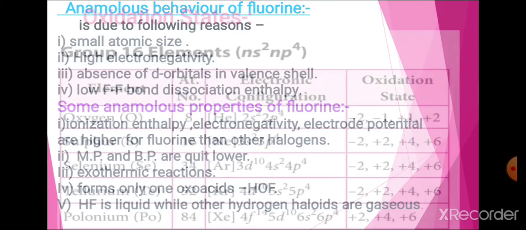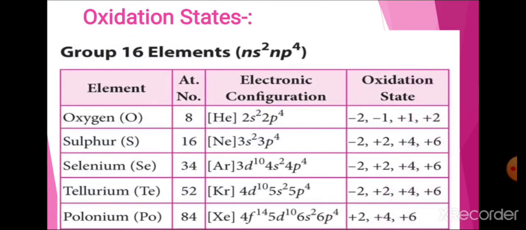Then next to this is chemical properties of elements of group 16, 17 and 18 elements. First we see the oxidation states of group 16, 17 and 18 elements. First, to know what is meant by oxidation state. This oxidation state is the number that represents the electrons that an atom can gain, lose or share when it is chemically bonding with another atom.